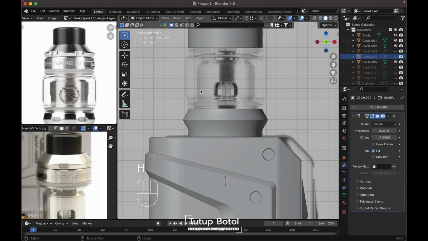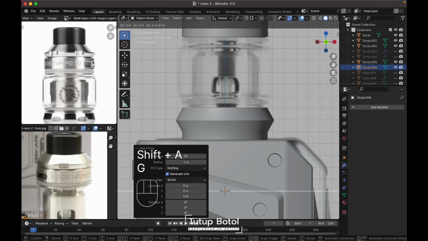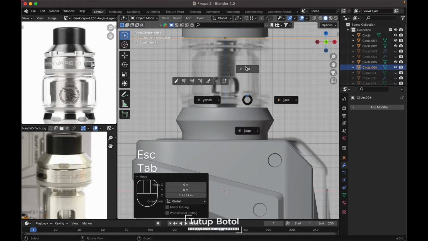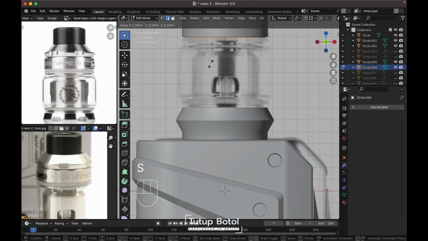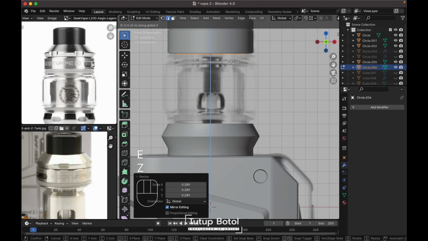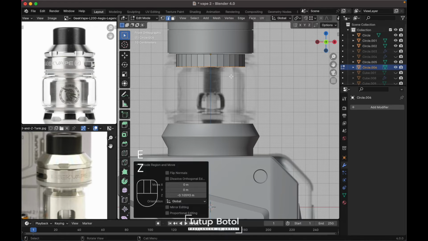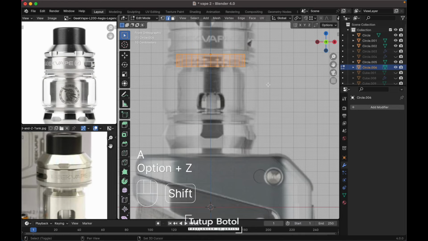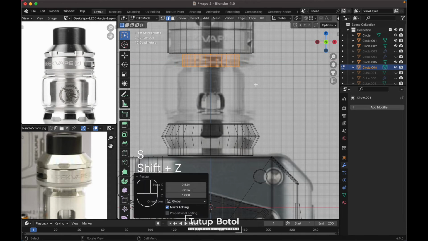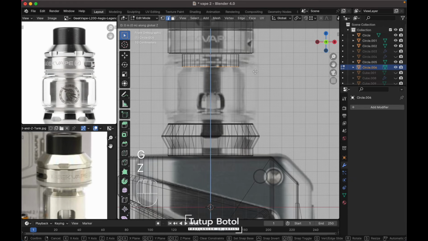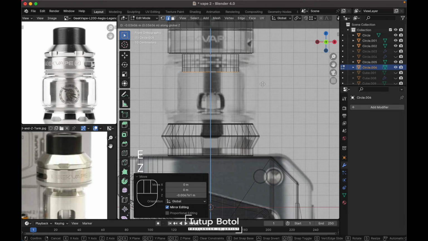Just hide this first. Press Shift A, mesh, add a circle, move it way up here, scale it down, tap to the edit mode, scale it down, just like this. Press E, Z, move it down, need to scale it again, scale it without the Z axis, just like this. Select this edge, press E, Z, move it here, scale this up, extrude it again down here, just like this,